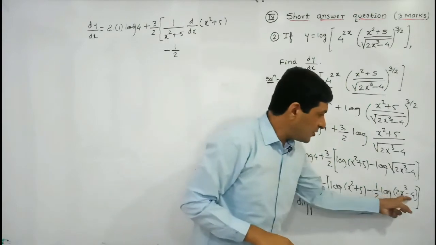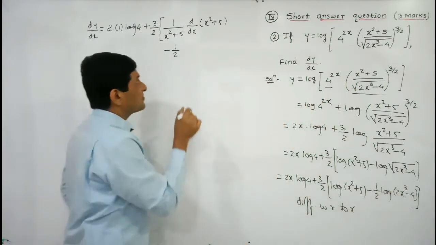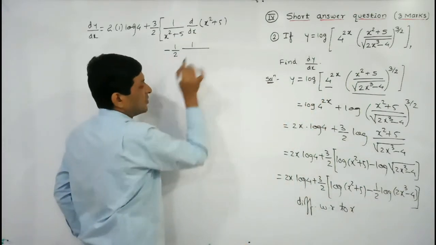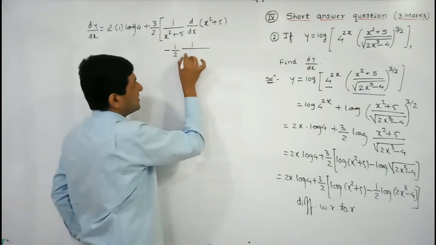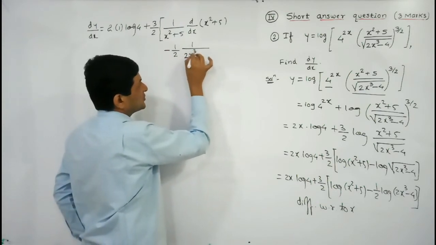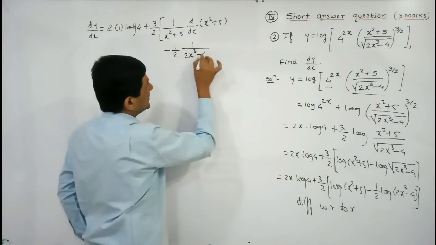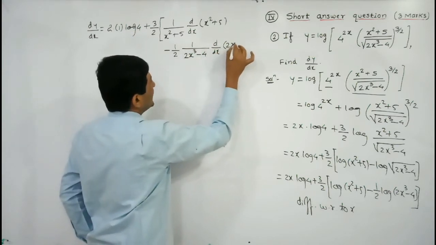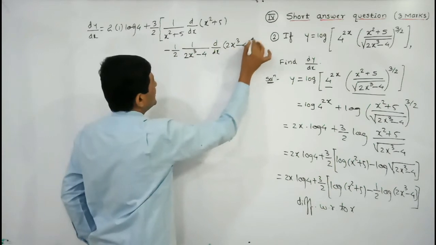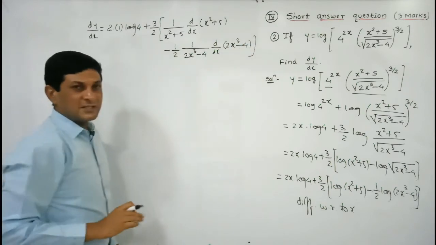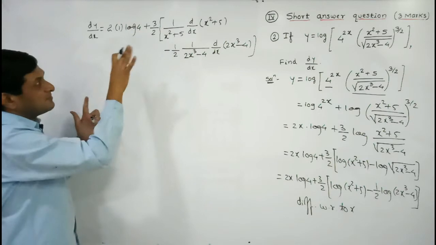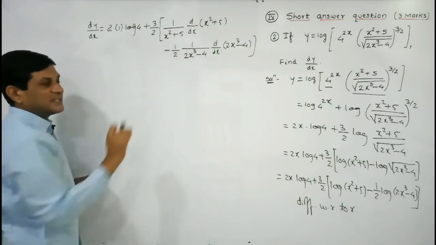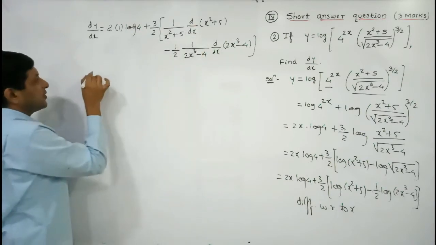also in the form of log f of x. Again find out its differentiation applying the formula of log f of x. So its derivative is 1 upon f of x. f of x is 2x cube minus 4, into its derivative, into the derivative of 2x cube minus 4, isn't it? In this way we have got the differentiation. Again some terms of d by dx are there, so let us simplify it and see what result we are